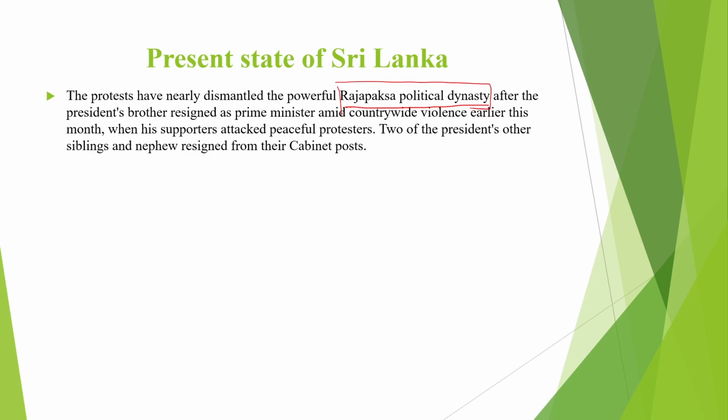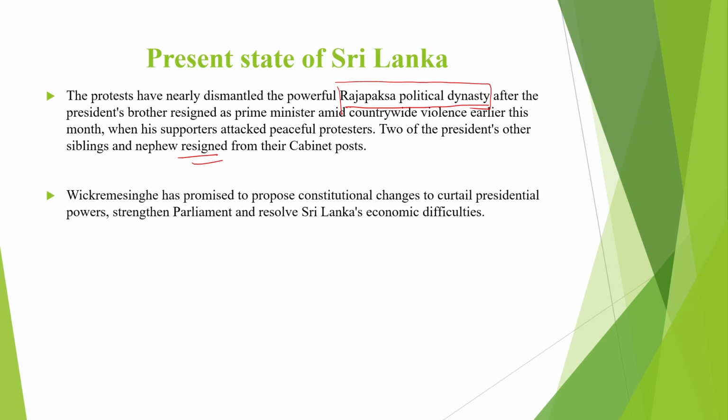His family runs the entire show in Sri Lanka. And it is their own doing that Sri Lanka has come to this problem. So people are protesting against the Rajapaksa government. Two of the president's siblings and nephew have resigned from the cabinet post. The prime minister has been removed, and a new prime minister by the name of Vikramasinghe has been brought in,